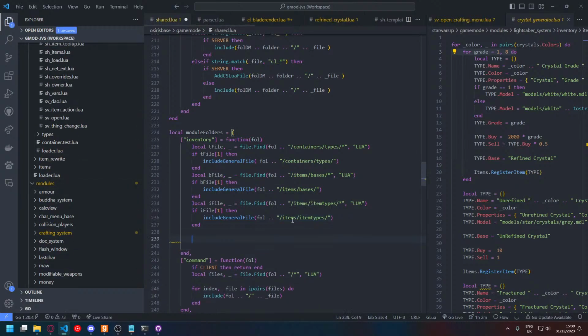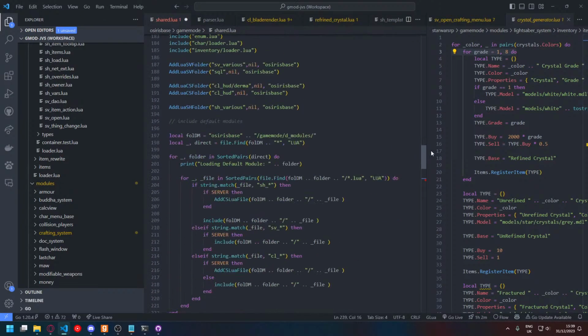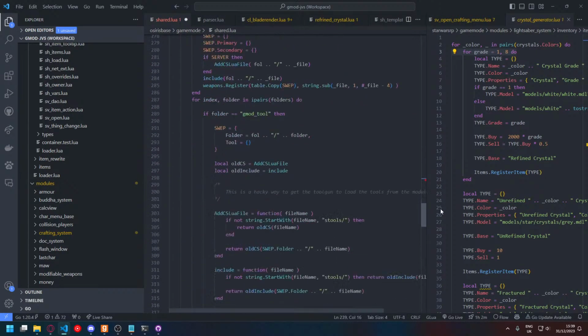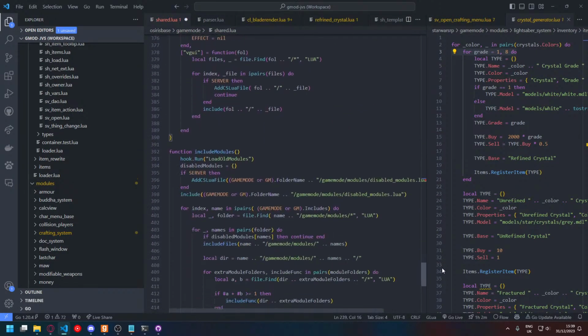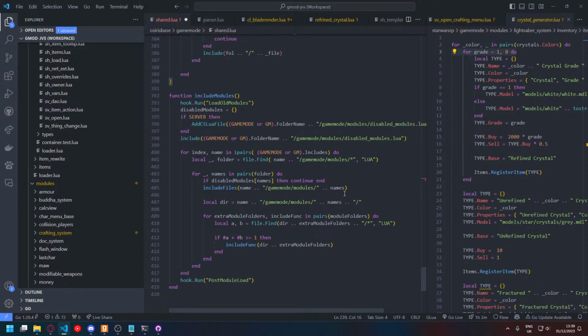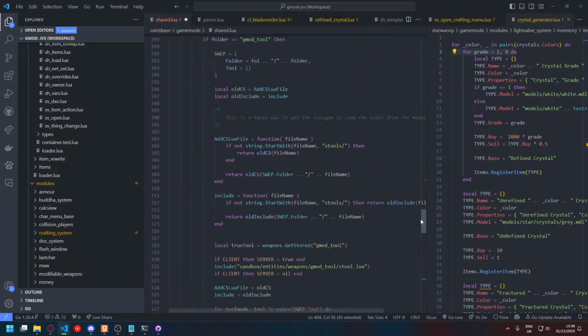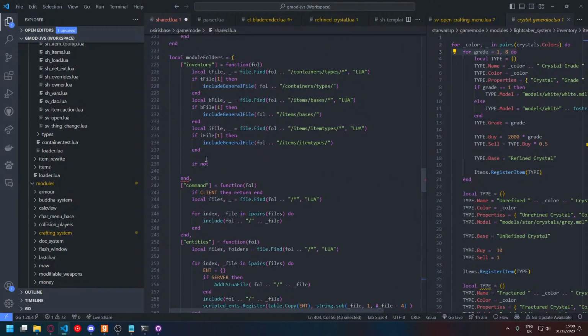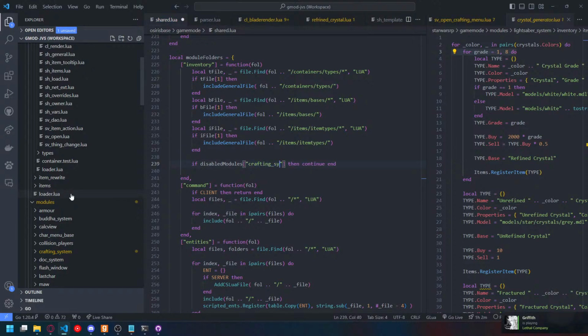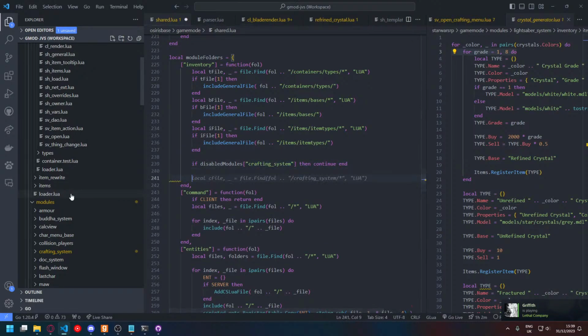So we can go, if not if server, how do we not mount things? If disabled modules, where's disabled modules defined? Yeah, so, and then the name is crafting system. So, if disabled modules, crafting underscore system, then we continue, else